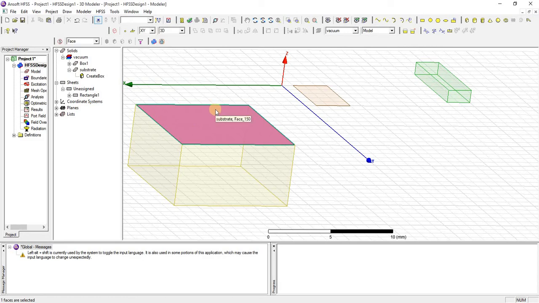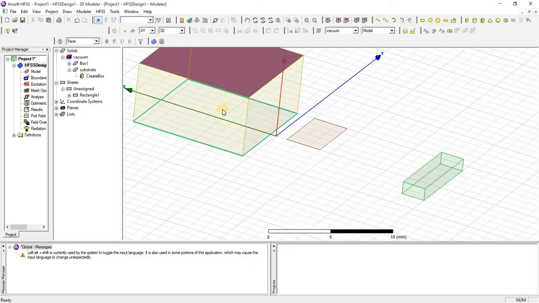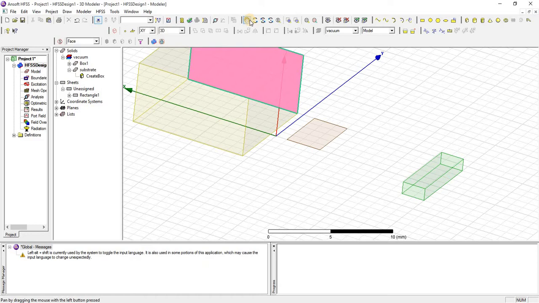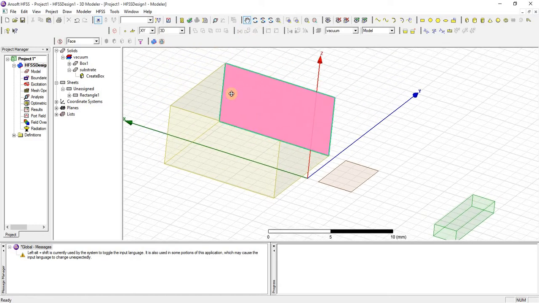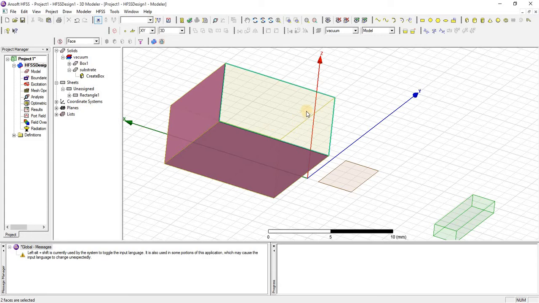If I want to select the top face and bottom face, just rotate it and press control. By pressing control you can select multiple faces.